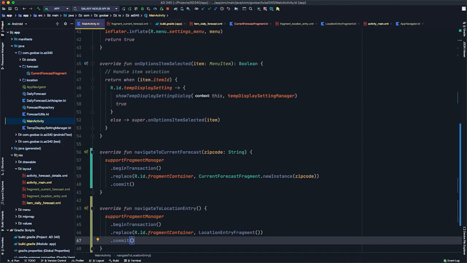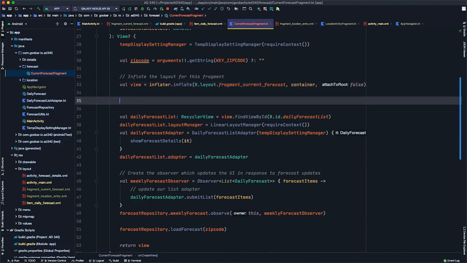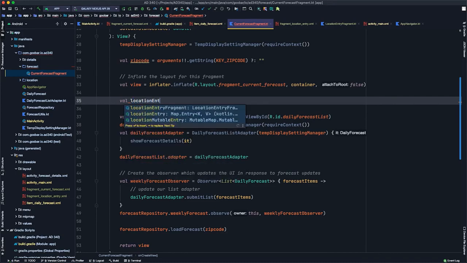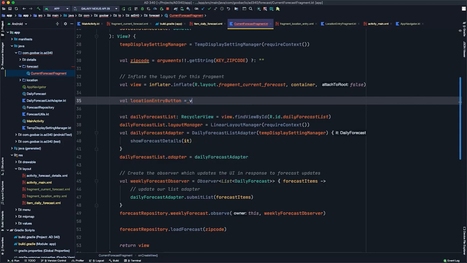Now we need to go back to our current forecast fragment and actually connect this on click listener so that when you click it, something actually happens. So let's go to on create view. We're going to get a reference to the floating action button. To do that, we'll create a variable called location entry button equals view dot find view by ID r dot ID dot